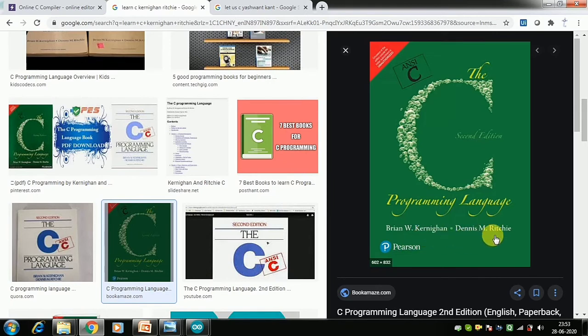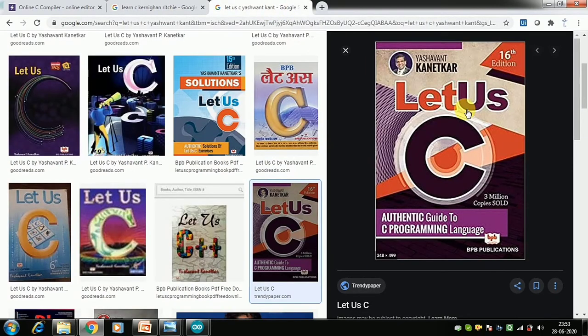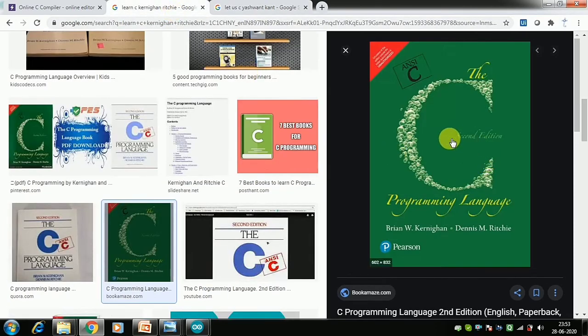Both contributed to the Unix project, and Ritchie is known as the creator of C. But this book is a bit loaded, so start with Mr. Kanetkar, and once that is done, get into this book, but don't miss it, because it has many useful tricks. Okay, so this is it.